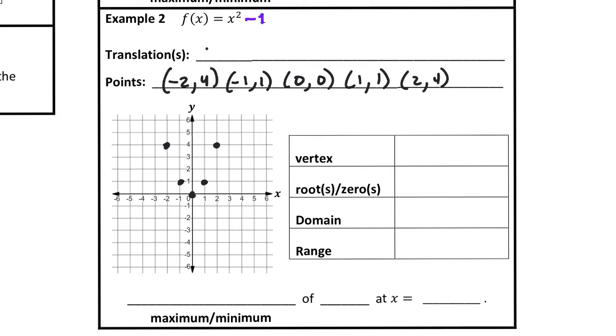So that is a vertical translation, 1 unit down. Everything is just shifting 1 unit down. So it's like moving all these points 1 step down. So that's going to leave you here,